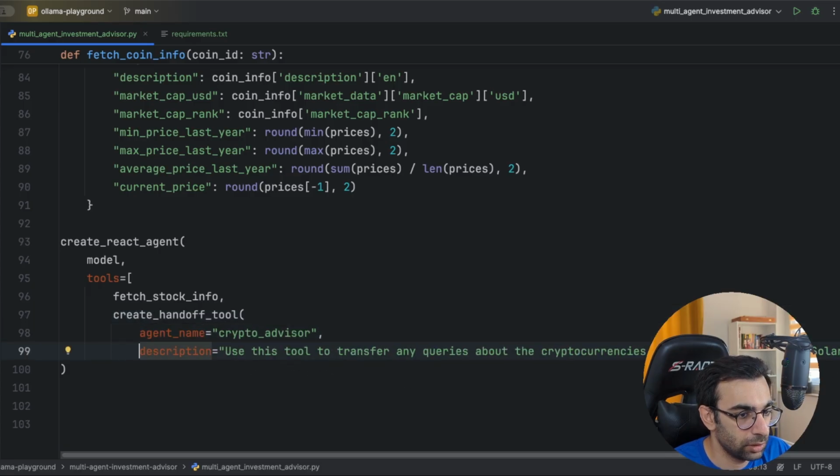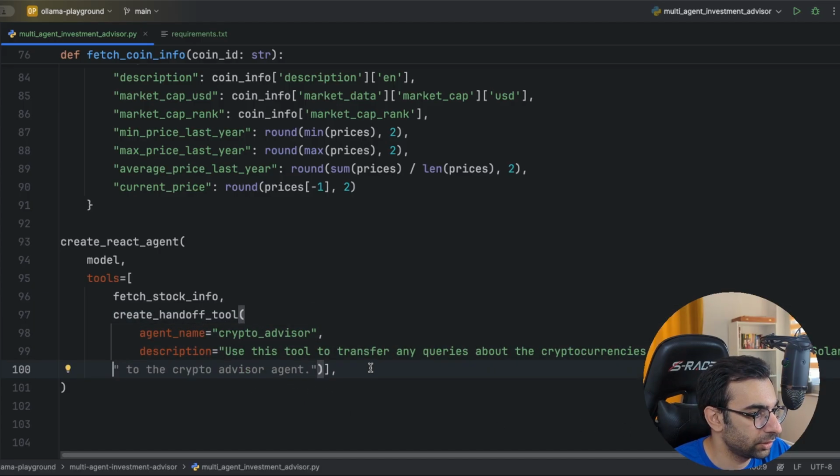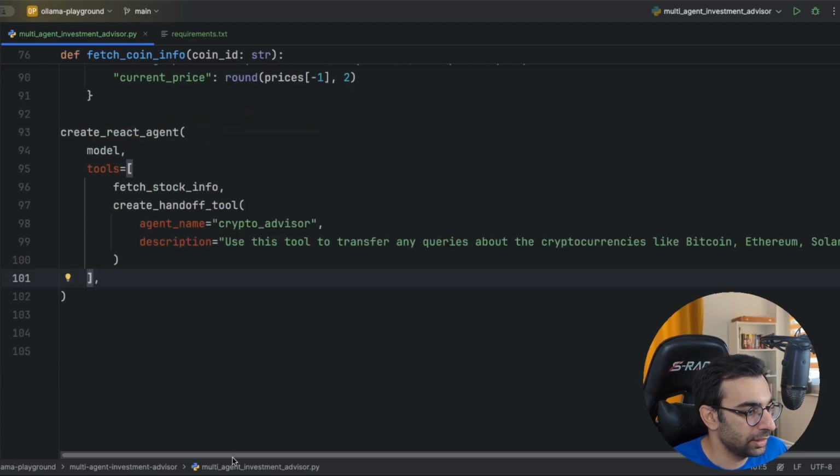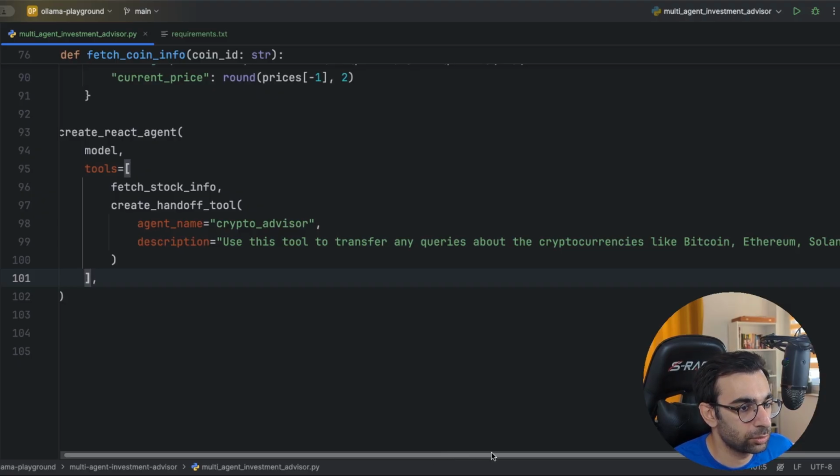Let me break it down here so you can see better. So this description is saying that use this tool to transfer any queries about the cryptocurrencies like Bitcoin, Ethereum, Solana,